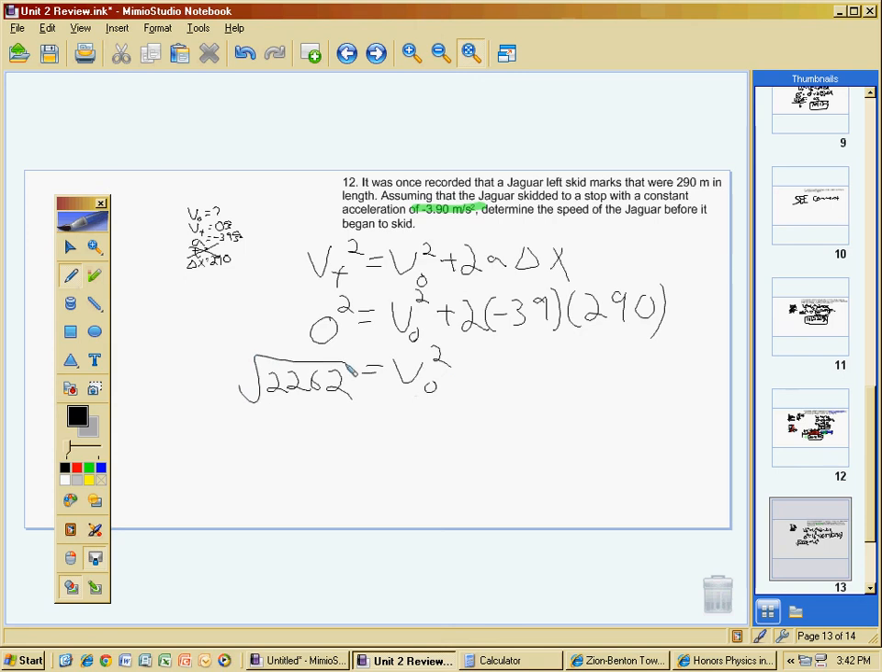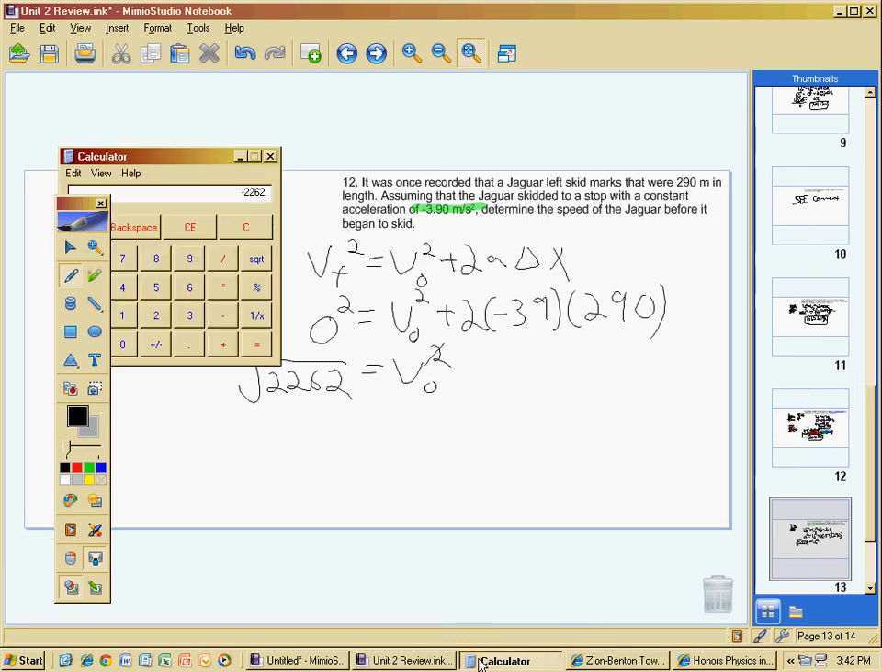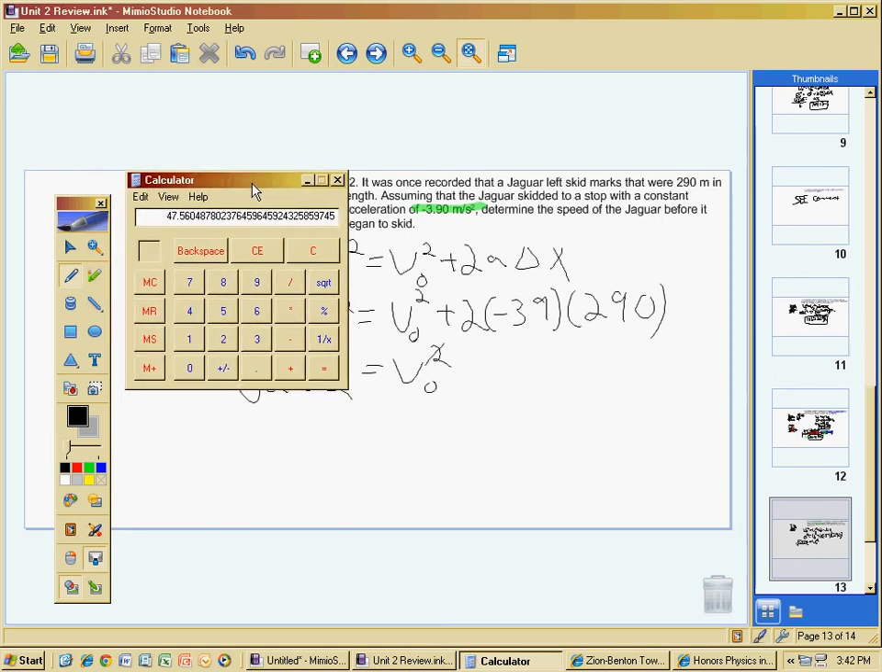Take the square root to get rid of your v naught. Again, make sure we're being careful with this, because this is another double check for your sign. If you're taking the square root of a negative number, you screwed something up somewhere. So we'll multiply by -1 just to get rid of that negative sign, and we'll take the square root, giving us 47.56